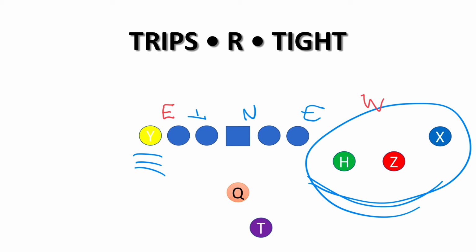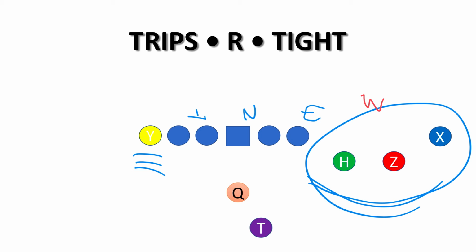You can run it with the tailback. You can run sweep read with the quarterback and lead, give the tailback the lead tag. So there's 3 ways right there you can run that out of this and give it 3 completely different looks. But let's just say they decide their solution